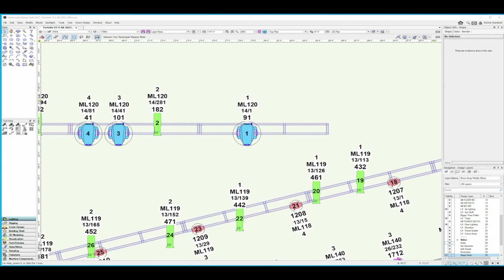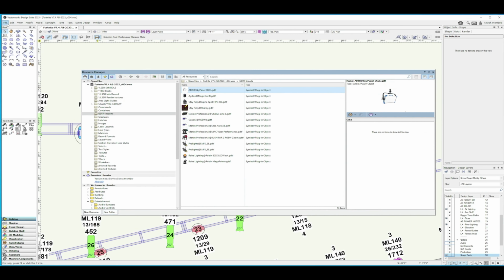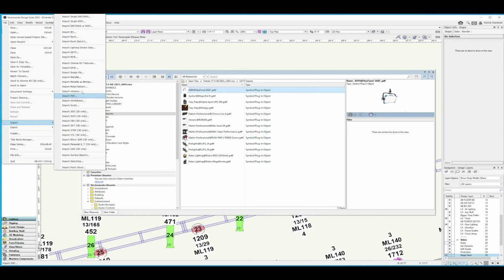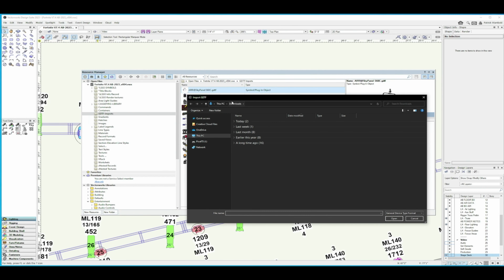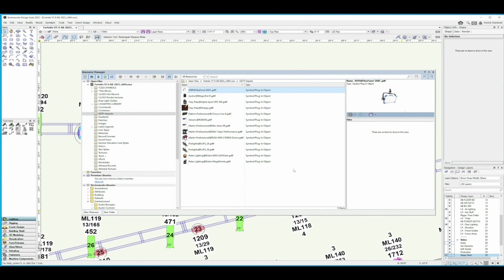Now that we're on a normal sheet layer, the first thing I needed to do was import the GDTF files. I wanted to get them into a folder in my resource browser. So in order to do this, what I had to do was go to import GDTF. Then I need to know the path where those files are. And then you can import them all in one batch, or you can do them one by one. It just depends on what you're doing. And then I just organize them into this folder.